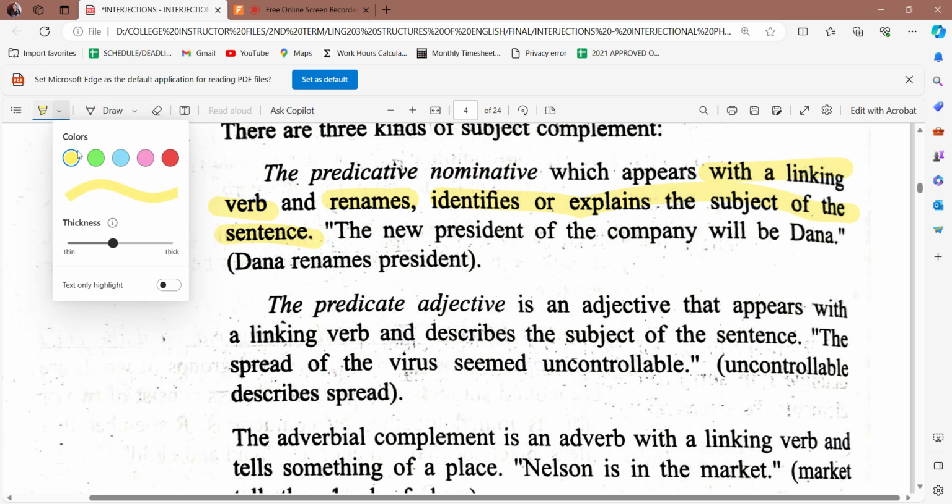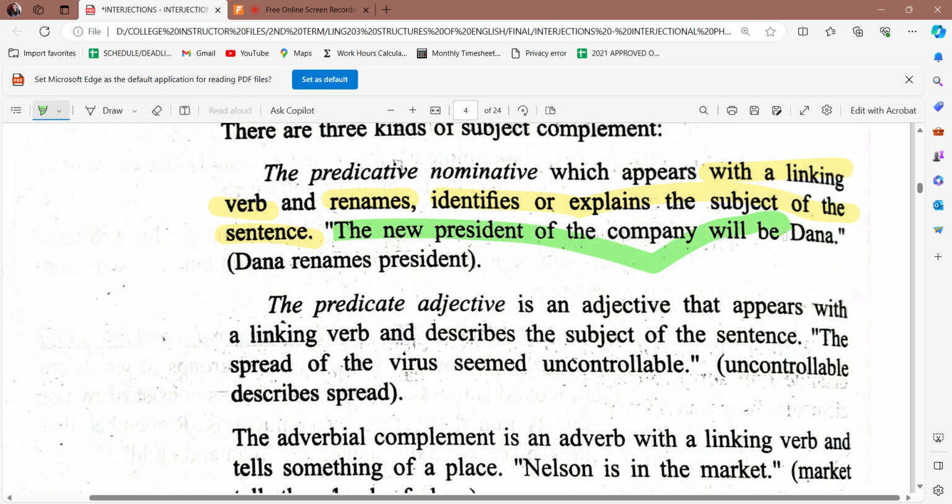So here we have our example. The new president of the company will be Dana. So here we have to find first the linking verb. In this sentence we have the word be. Since the predicate nominative can be seen with a linking verb and it renames or identifies the